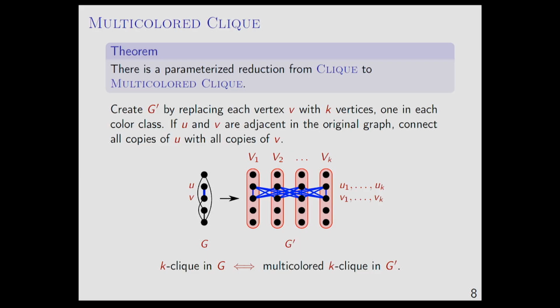In the reverse direction, if you start with a multicolor clique, the way we have put adjacencies, you can show that they're going to form a clique. Okay? I mean, maybe there are some subtleties here and there, but there's not too much here. Okay, so you can similarly reduce to multicolored independent set.